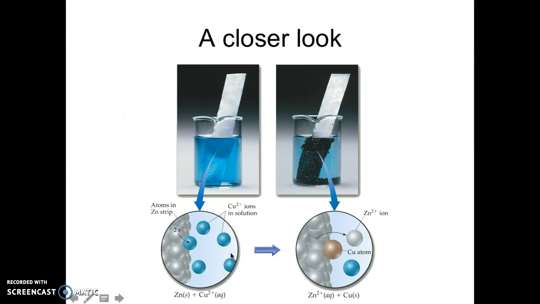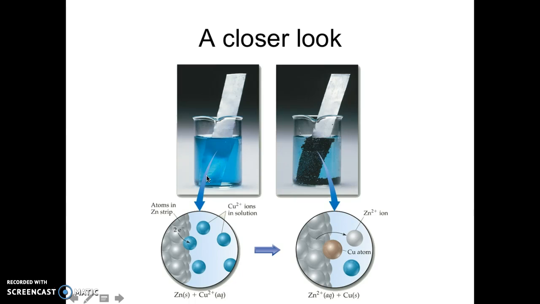Here's another look at it. So if you look here, what you can see is that the atoms in the zinc strip are losing 2 electrons to the copper ions. When that happens, the zinc atom will actually pull off of the zinc strip, and as you can see, there's like a hole right there. It becomes a zinc ion in the solution, and then the copper ions, these little blue guys, are picking up those electrons that were dropped off by the zinc and becoming a copper atom, which is then attaching to the zinc